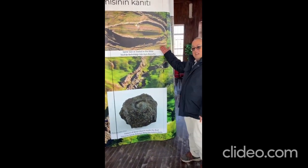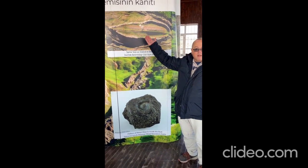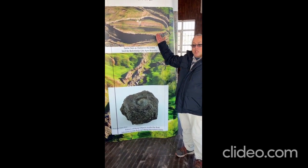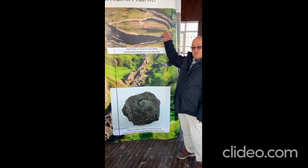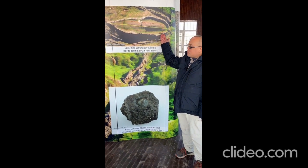So we believe that this boat shape fits perfectly an ancient boat that's been decaying. The other thing is it matches the size in the Bible. So we're talking about 300 royal Egyptian cubits. The book of Acts says Moses was educated in Egypt. He was the prince of Egypt. And so the royal Egyptian cubit was the standard of measurement used back in that time, just like meters are today. And so this object is 515 feet long, exactly 300 royal Egyptian cubits, just what Moses wrote in the